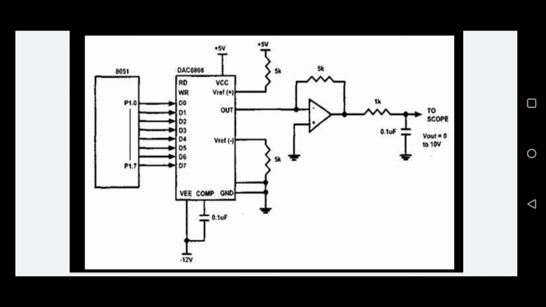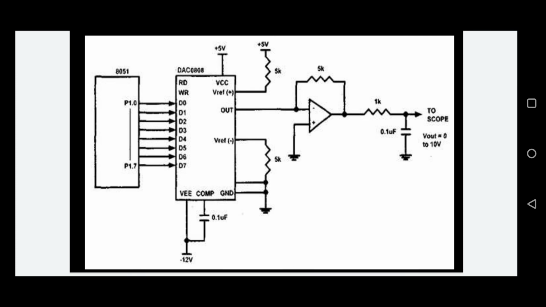The second block is the DAC converter, and there are read and write signals, and VEE. This VEE is nothing but a voltage, mainly used for adjusting the contrast. Here the compensation pin is there, the ground pin, the negative reference voltage, and the positive reference voltage is plus 5 volt. The power supply is also plus 5 volt. The DAC has an output pin, which is connected to the amplifier. That amplifier is very important because it converts the current to voltage. So it is called a current to voltage converter, and finally V0 is the output voltage.